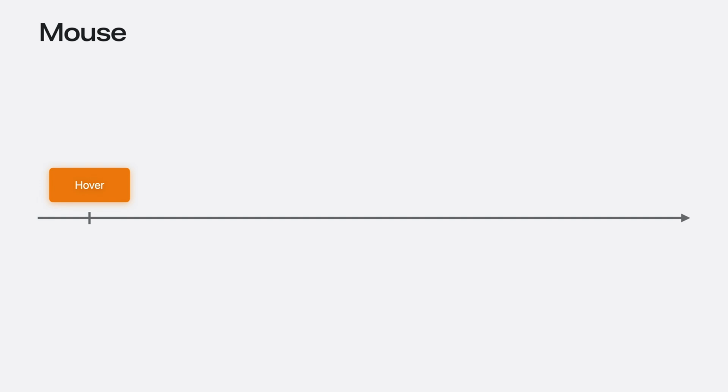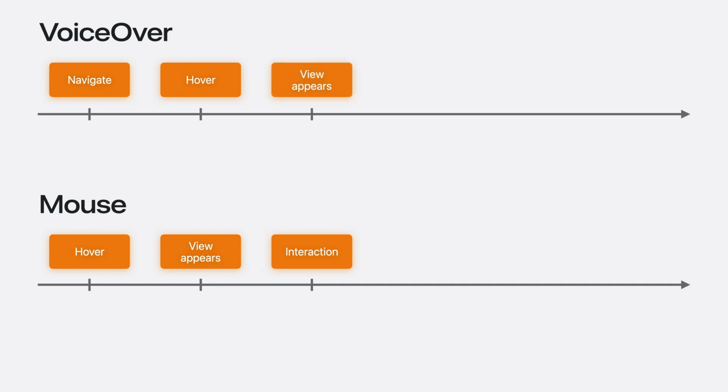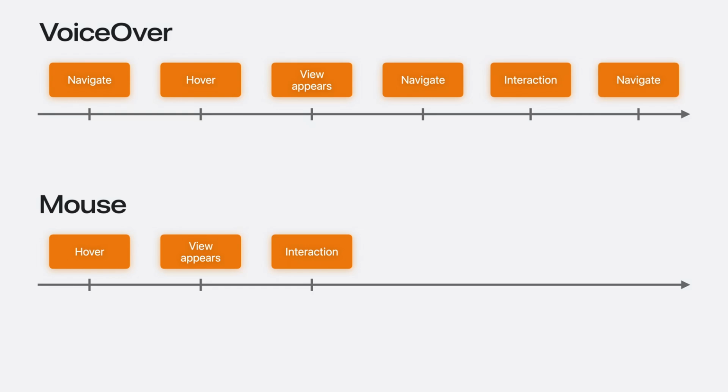Content that dynamically appears, like a hoverable view, may take longer to navigate to with an accessibility technology or an alternative input source to touch, like a keyboard or a switch. When moving a mouse cursor, the view appears, and the interaction can be performed in a matter of seconds. But VoiceOver has to do a lot of steps to navigate to this view. The hoverable view has to be focused, the hover has to be invoked using a command. Once the view appears, the subview has to be navigated to, and then after the interaction, focus has to return to the original view.